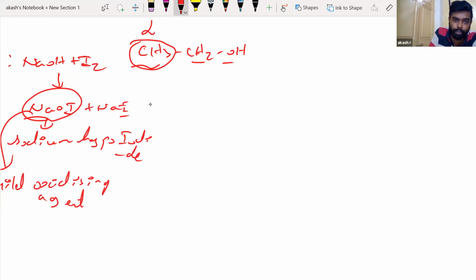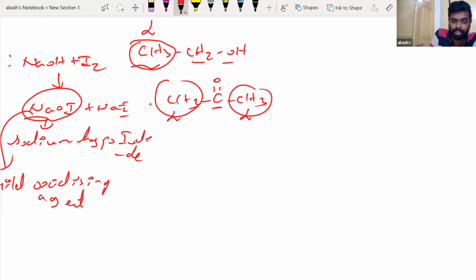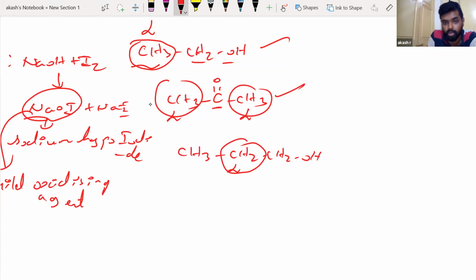Now I can also have compounds like this. This is a ketone. This is the carbon containing the functional group. This is alpha position. This is alpha position. In both the cases, you see that I'm going to have an alpha methyl group, right? So both of them will answer your iodoform test. But if I give you a compound like this, CH3CH2CH2OH, propanol, basically, you see that this is the alpha position and I do not have a CH3. I have only CH2. Alpha methyl group must be present for iodoform.